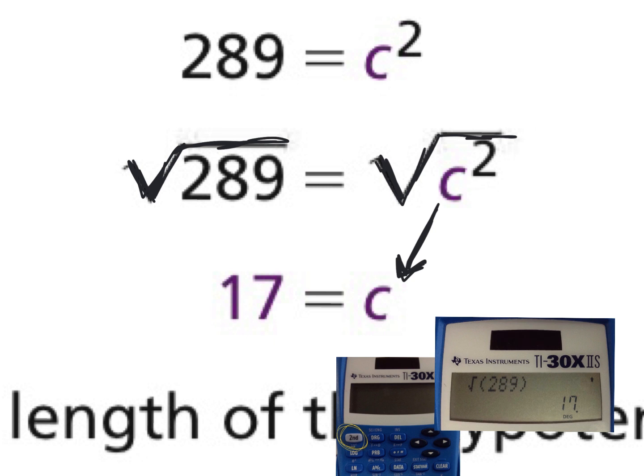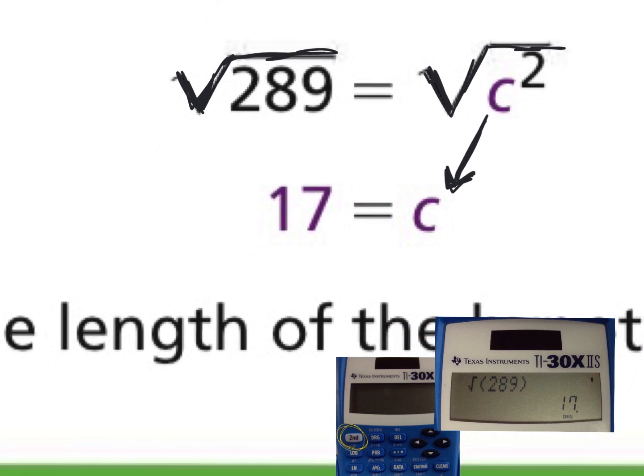The square root of 289, we've talked about square roots before. It's what number times itself equals that number. So we could guess numbers and say, well, 10 times 10 is 100, that's too small. 20 times 20 is 400, that's too big. So it's in between 10 and 20. And then we could keep guessing numbers until we figure this number out. These are not always going to come out evenly all the time. So for that reason, and just for speed of working through the problems, we can also do this on